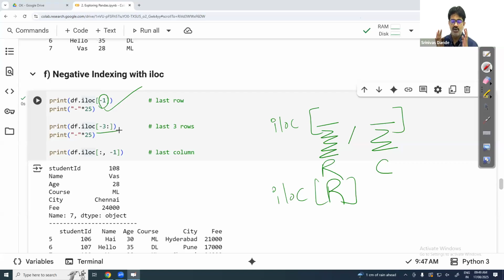Slicing, I am asking the row slicing, -3 to end. So row -3 to end means -3, -2, -1. And here I am telling rows, I want all the rows, comma, second is the column. Column I want -1, so a specific column it will take. Or for columns also you can do slicing with negative. For example,